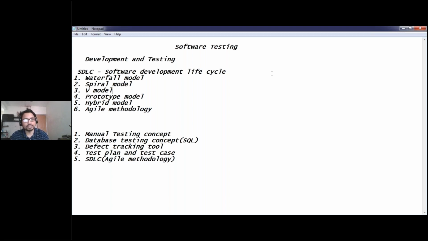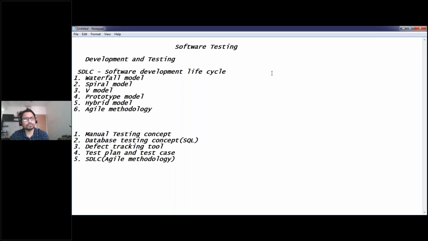Once all things are done, then sprint 2 will start immediately. So there is no documentation work, as you can see. Once you are developing, the other person is testing also. But in the V model, when the developer is developing, the tester is writing the test plan and test cases. They are not testing the application. Once the developer has developed the application, only then will the testing start. But in the agile methodology, things are parallel, and it is an iterative process.